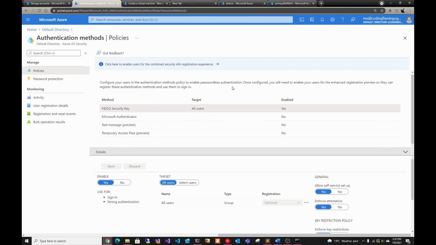The second one is not having MFA. It's crazy to think that in 2021, there are still many accounts that are yet to have strong authentication methods. And nowadays, it's so easy to fix it with Azure MFA. My favorite one is FIDO2. I'm actually going to link the video right now in the card up here and in the description down below. I have a video about how to set that up. And if you don't have the tokens, you can use the Microsoft Authenticator app. It's so easy nowadays to have multi-factor